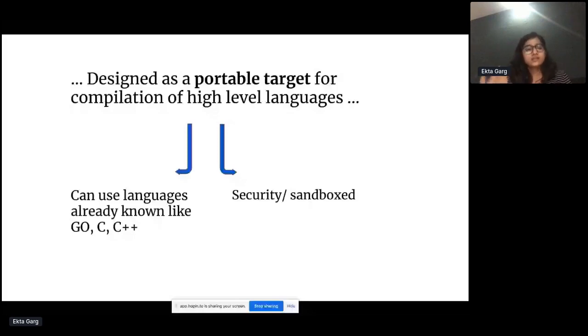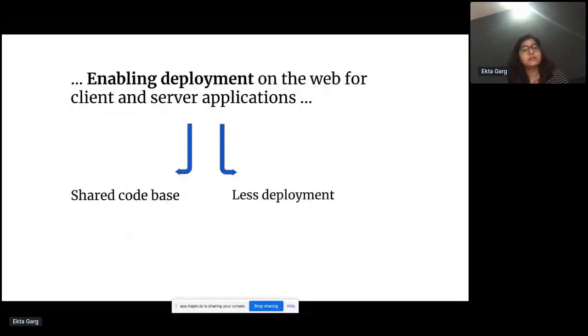There are many languages which support WebAssembly, and Go is one of them. It also provides security, as it's a sandboxed version.